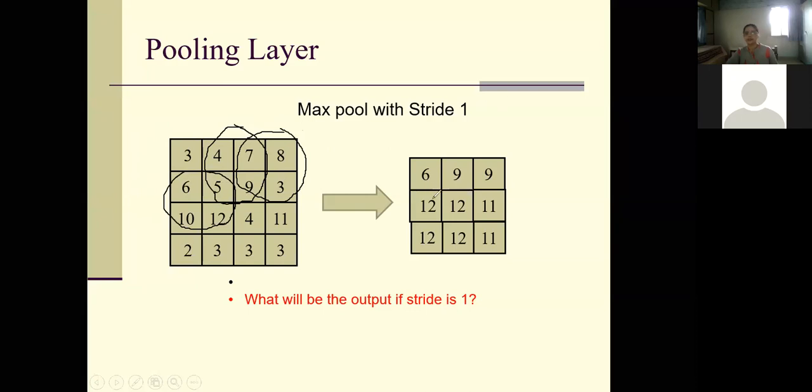The max operation will give you a result of 12. Then this portion, this local neighborhood, again the max value is 12, so the result is 12. Then this last one, and here the max value is 11. Then once again scroll the mask downwards by one row. So this is your region of interest or local neighborhood, which includes the values 10, 12, 2 and 3. And when we apply the max operation, we get the value of 12. And similarly, we can process the last two regions, right?